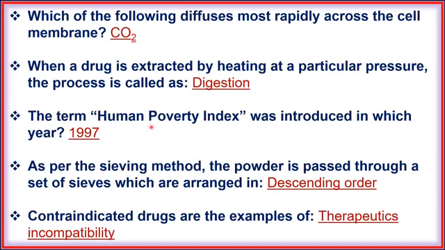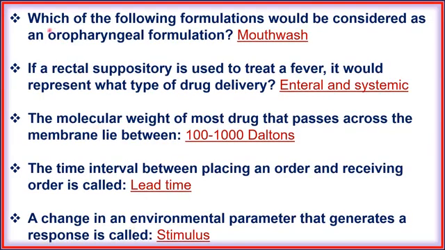Next, the term human poverty index was introduced in which year? 1997. Next, as per the sieving method, the powder is passed through a set of sieves which are arranged in descending order. Next, contraindicated drugs are examples of therapeutic incompatibility. Next, which of the following formulation would be considered as an oropharyngeal formulation? Mouthwash. Next, if a rectal suppository is used to treat a fever, it would represent what type of drug delivery? Enteral